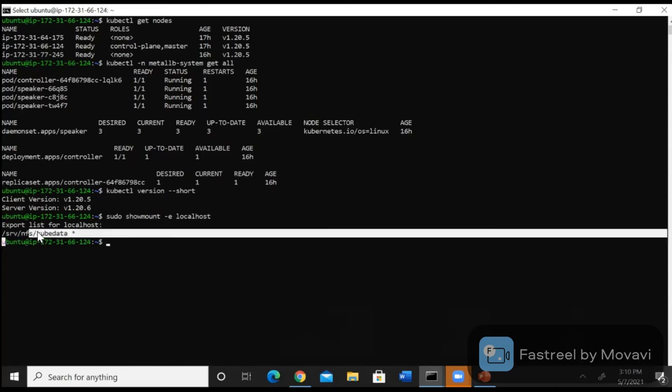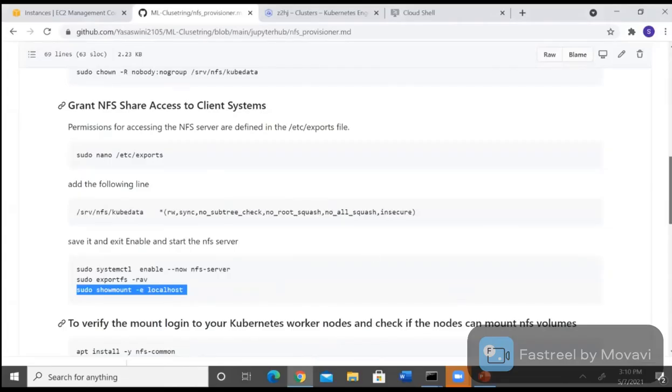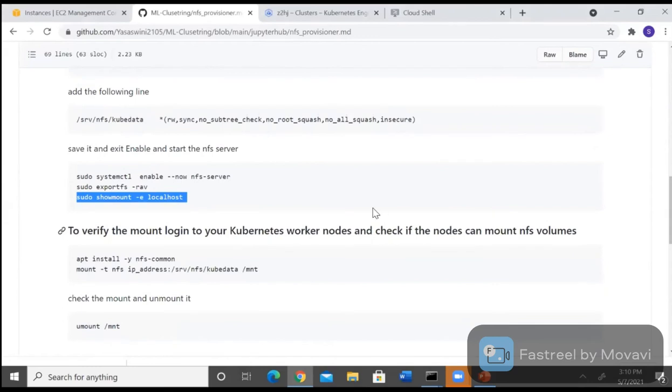You can see this is the directory that's being exported. So the important thing is that you need to log into your worker nodes and check that the NFS volume is mounted on the worker nodes by running these commands. You need to install NFS common and run this command by replacing the IP address. This is a mandatory step. If the NFS volumes are not mounted, your dynamic provisioning will not